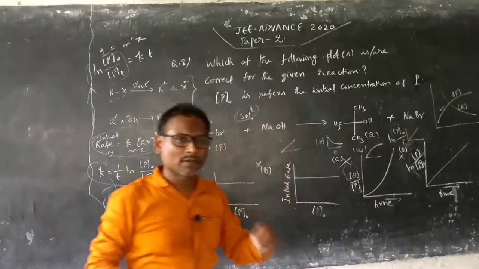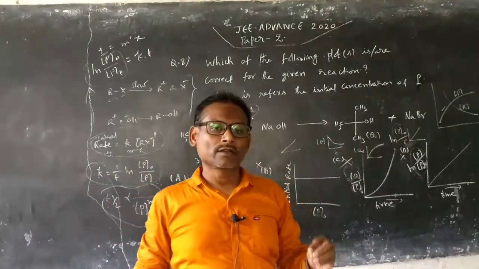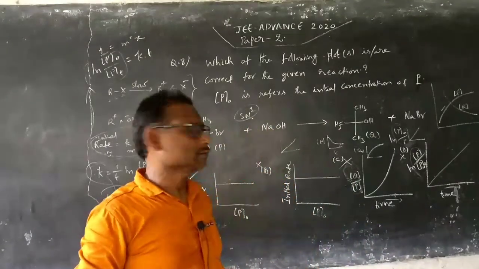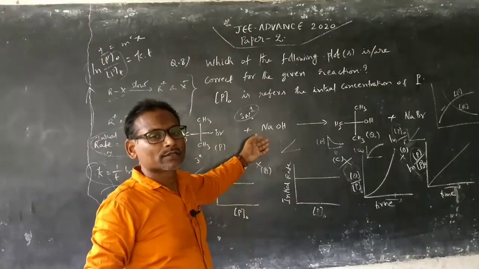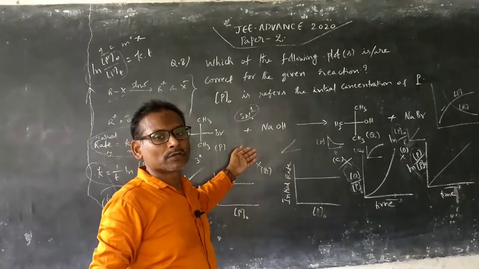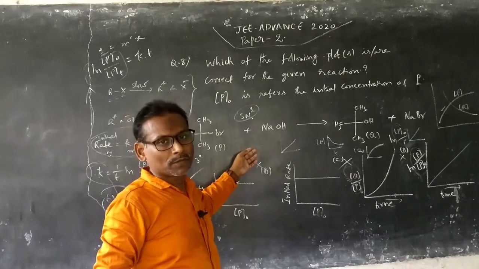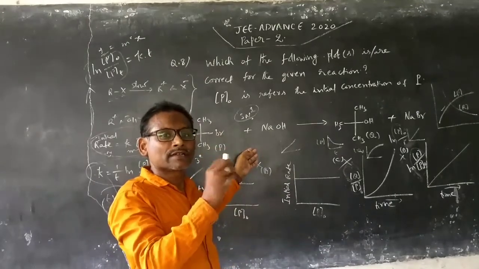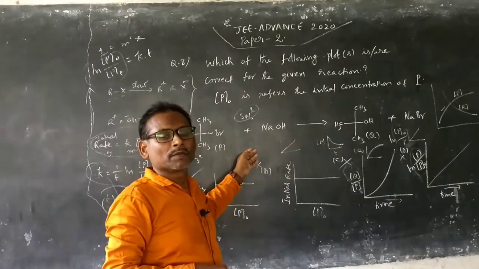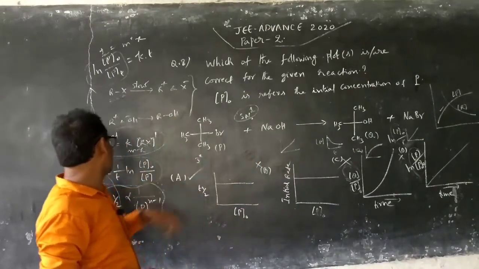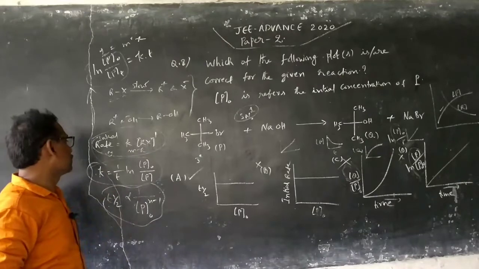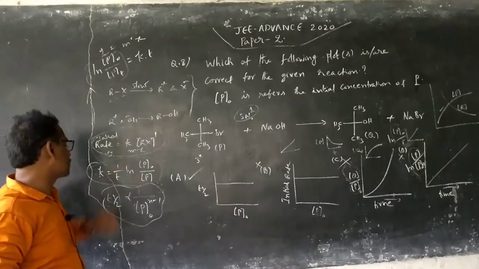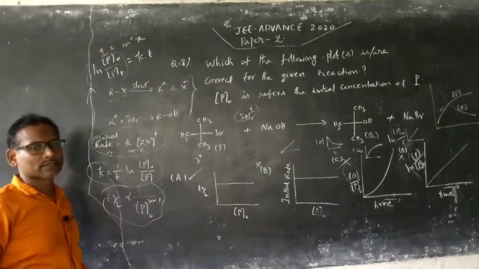So it is a question based on chemical kinetics. Analyzing the equations related to first order kinetics helps us to answer this question. Basically, this is a nucleophilic substitution where a tertiary alkyl halide is used. That's why it refers to the SN1 mechanism, which involves two steps, where the first step is the slow step and the rate determining step, where the overall speed of the reaction is decided by that first step. That means we can write rate is equal to rate constant into concentration. From that we can get the integrated form of the rate equation for first order, and the half-life expression we get like this.